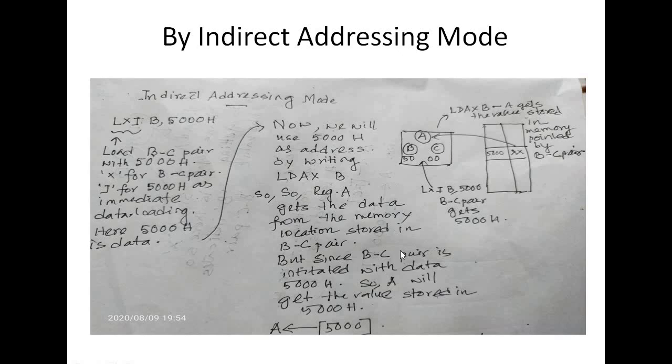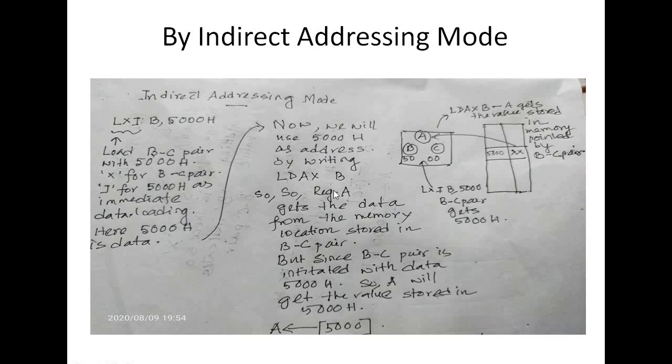Make it very clear, because after that, while you start programming, I will not be able to make you understand in detail. Okay, so now only you make it clear. As soon as I write LXI B 5000H, what will happen? In the processor, there is register B, there is register C, right? So register B will get loaded with the data 50H, and register C will get loaded with the data 00H, right? So LXI B means BC pair will get 5000H. Now here this will act as data.